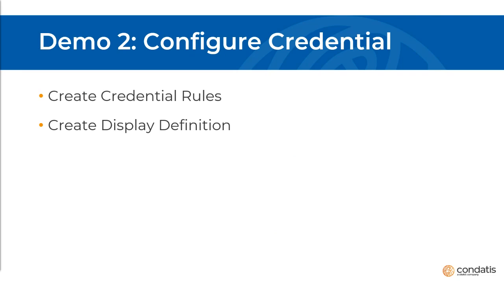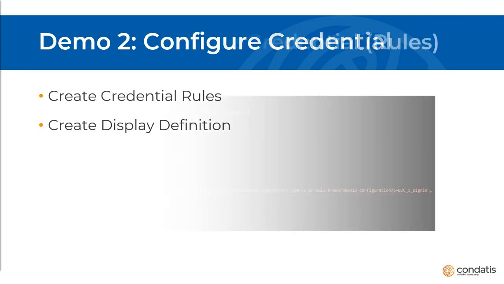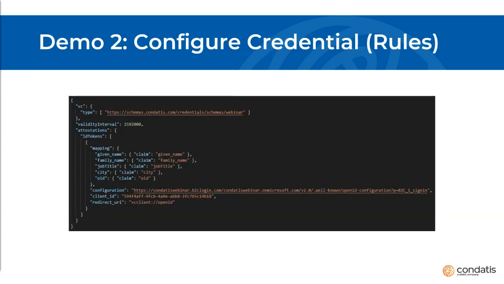Now let's proceed with the configuration of the verifiable credential properties. This can be configured using two simple JSON files, the rules file and the display file. The rules file contains the verifiable credential type, which associates the credentials with the specified schema, the expiration of the credentials in seconds, also the identity provider configuration, which can be any identity provider that supports OpenID Connect, together with